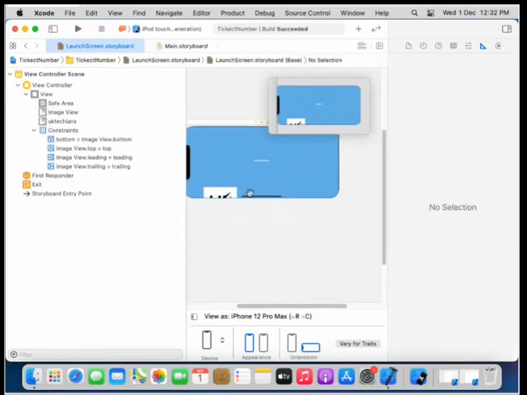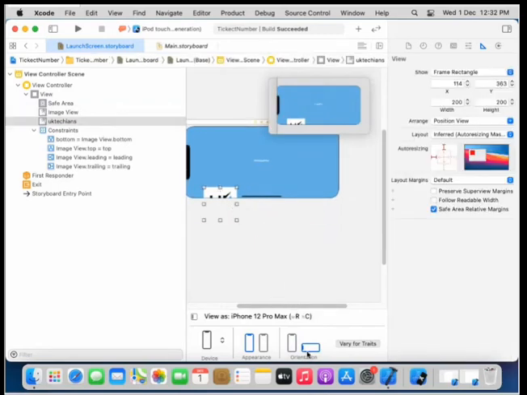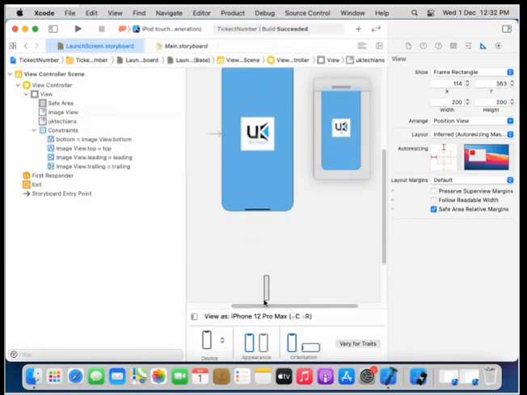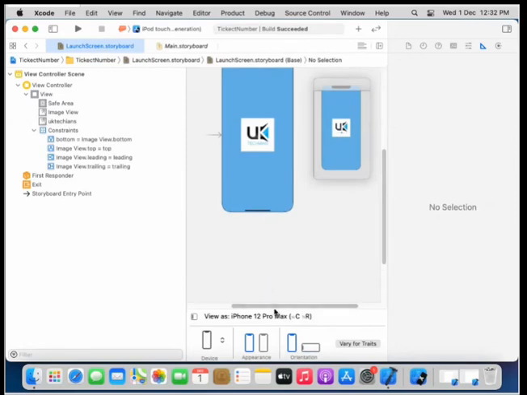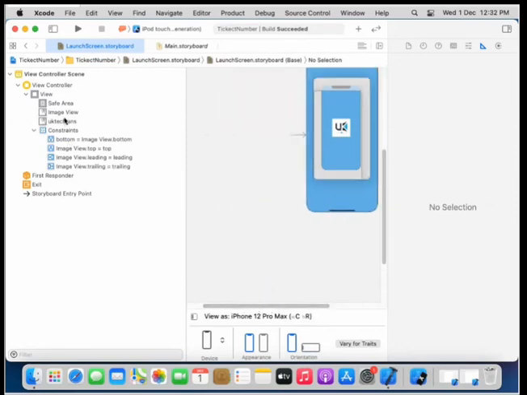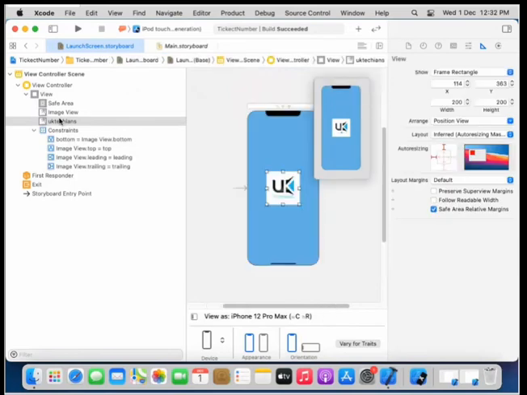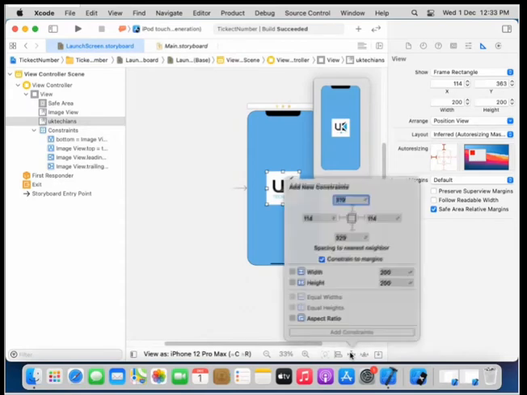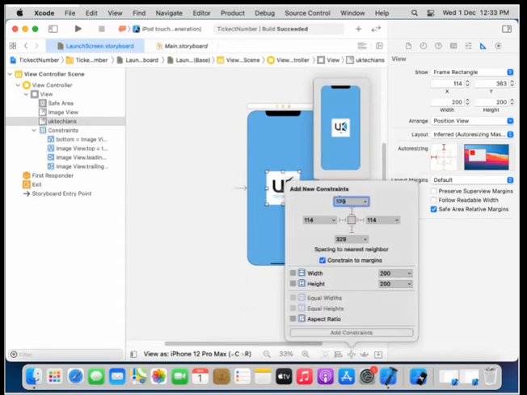And we didn't need the old ones. So after that, when we change the orientation, the image view shows a bit good, but this image, which is the UKTechtion logo, is not aligned perfectly. So for this, we need to add constraints or change the UI. What we have to do is select that particular item, right? First of all, we will select this item. Now if we change the constraint of this particular item, it shows that the top constraint size is 319 and the bottom constraint is 329. The left constraint is 114 and the right constraint will be 114 if we need to centralize this item.